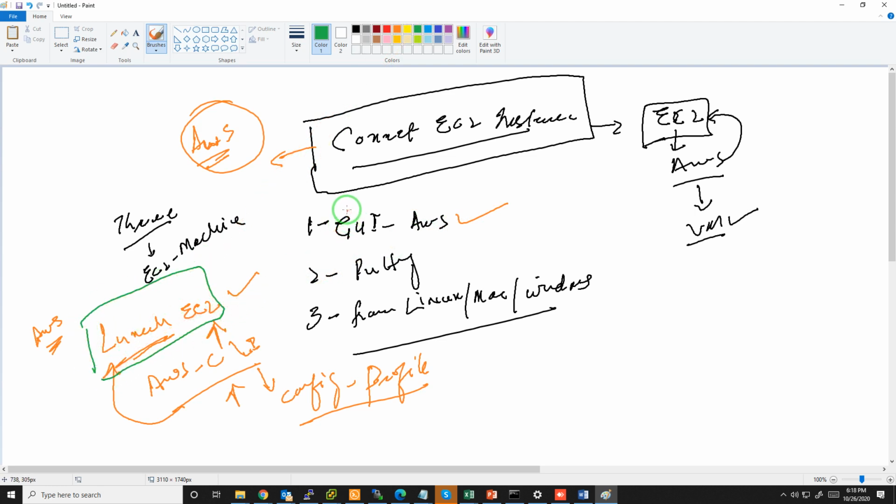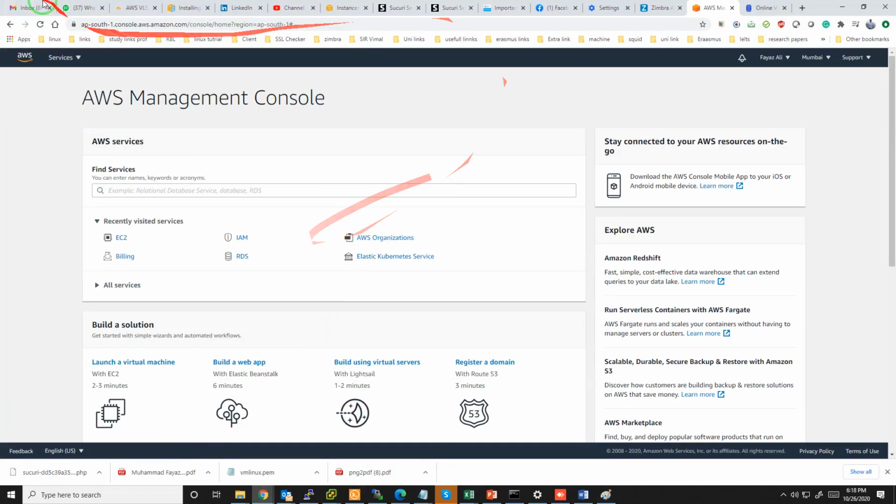Then we will go for the connection, how to connect to that VM with the help of the GUI. Then I will teach you how to connect to EC2 with PuTTY, and then from any Linux machine or Mac OS.